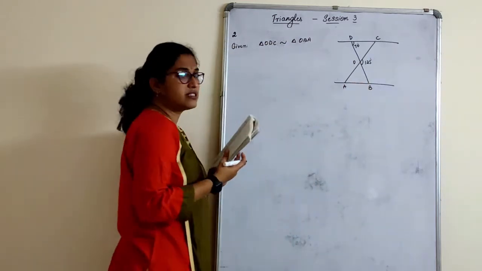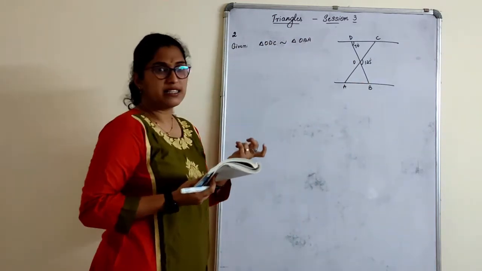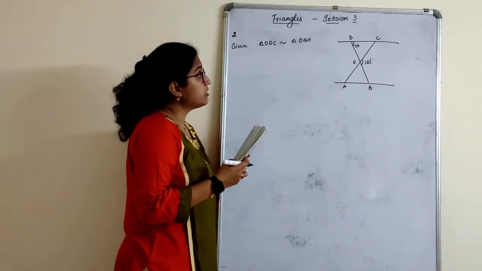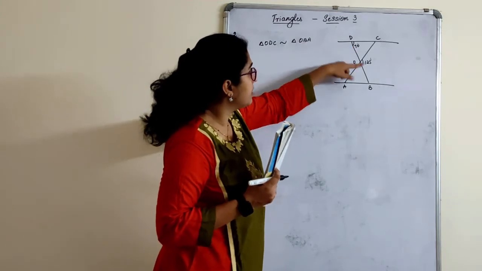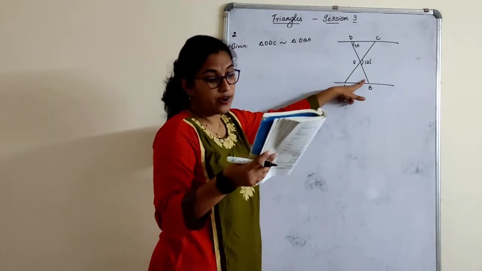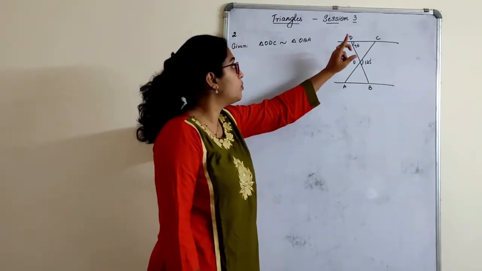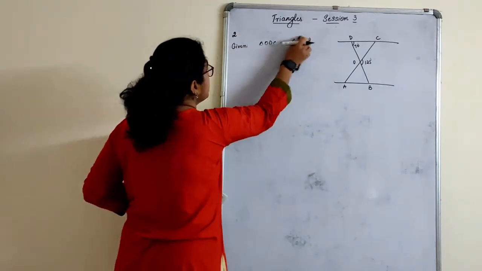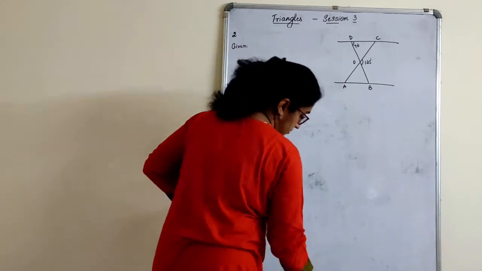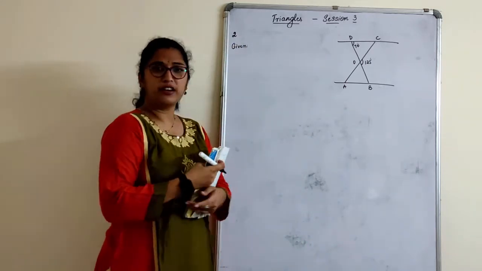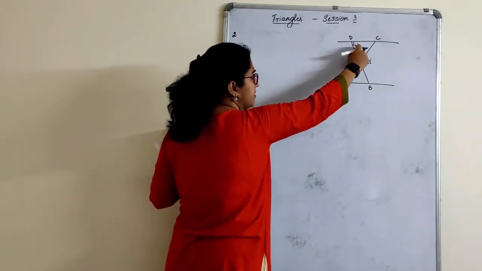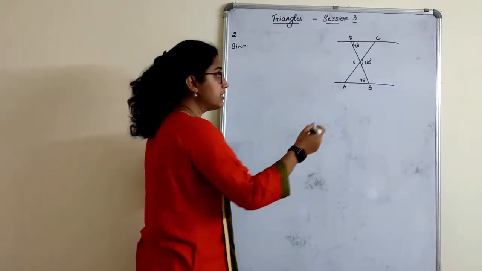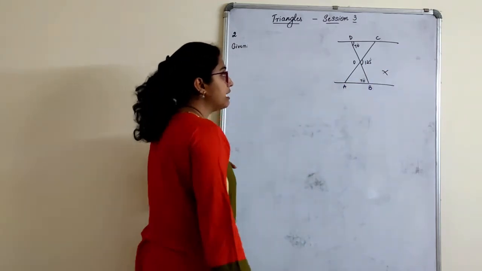So the triangles are similar, so corresponding angles are actually equal. Now see here children, now I cannot say that this is 70 degree. Why can't I say, why can't I prove? Okay, assume that this question is given and nothing is mentioned. So when you look at the figure, generally what you do, you tell that this is 70, so this is 70, right? That you do, but it is wrong. You cannot tell it is 70.